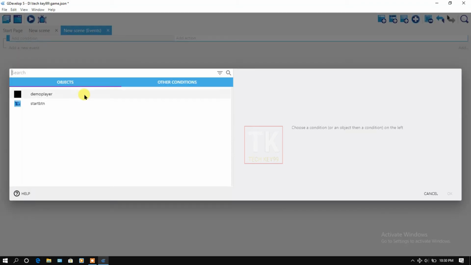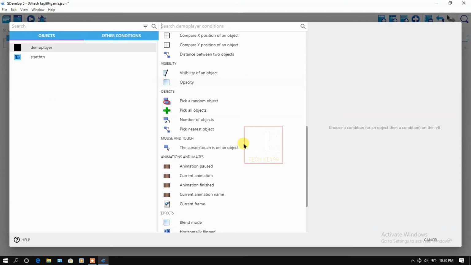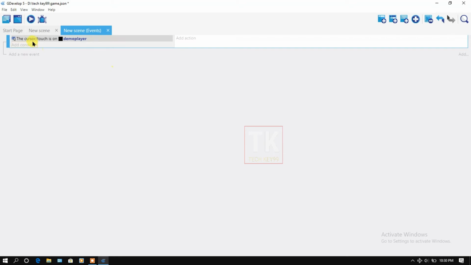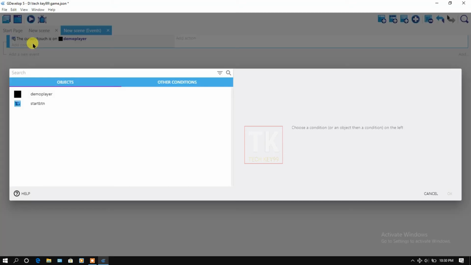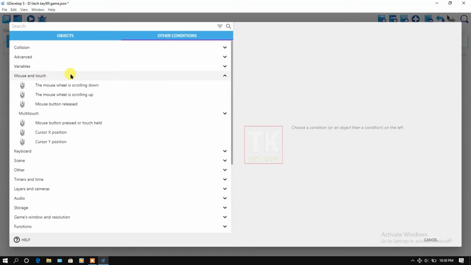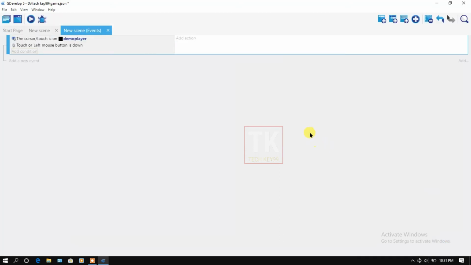Add condition. If someone clicks on the demo player button, cursor and touch is on object. OK. Add one more condition. Other condition. If someone presses and touches the button, click here, left and OK.